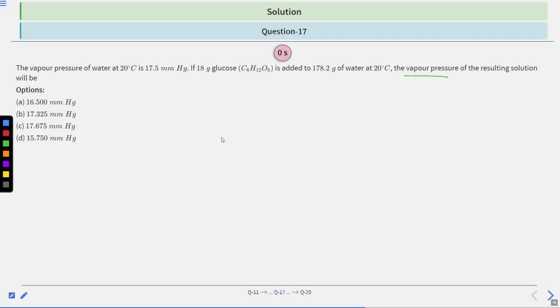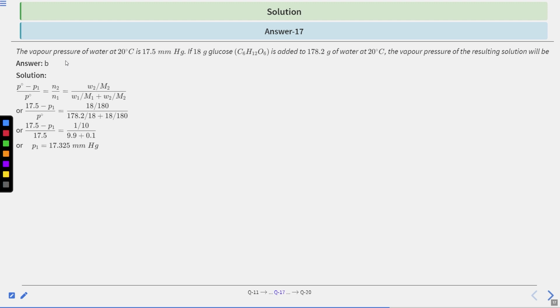Okay, so the correct answer is option B. The relative lowering of vapor pressure is equal to the mole fraction, that is W2 upon M2, where W is the given mass and M is the molar mass, upon the total moles in the solution. P naught is given as 17.5, minus P1, which we have to calculate, divided by P naught, which is again